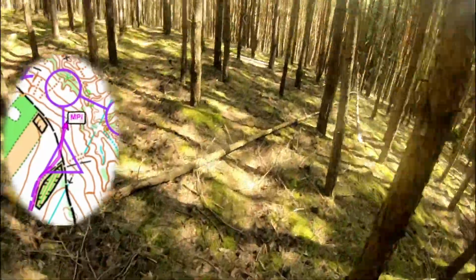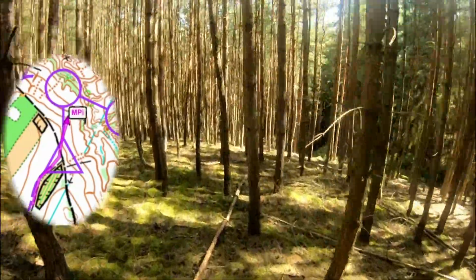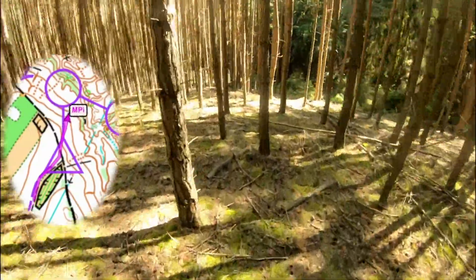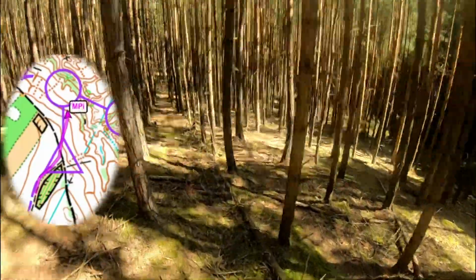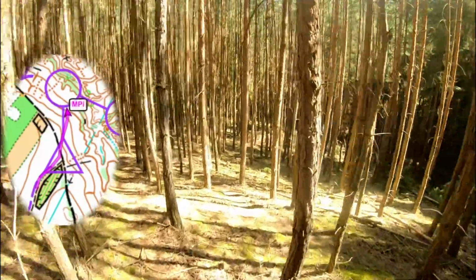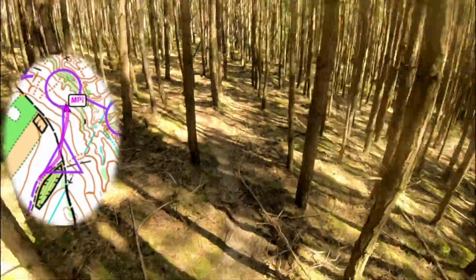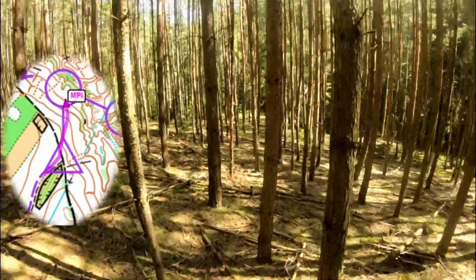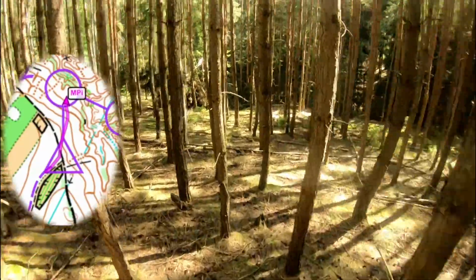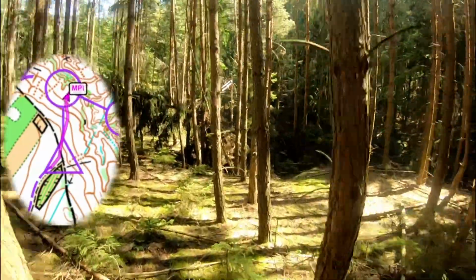I think I did a small mistake here. I could have run along the road till the fenced area and then taken the bearing straight to the small valley. Here, as you can see, I'm almost there. I can see the erosion gully on my right side, and I'm getting close to these smaller